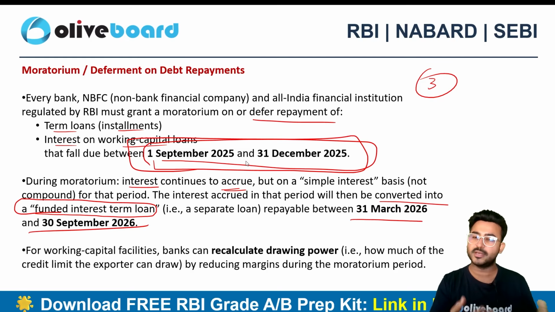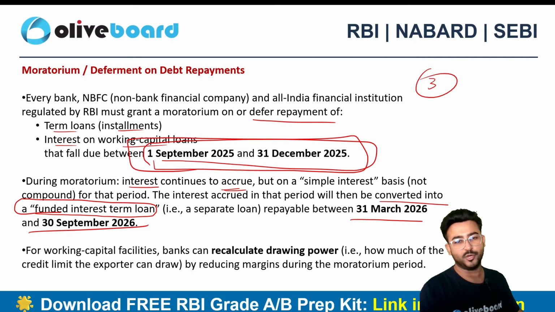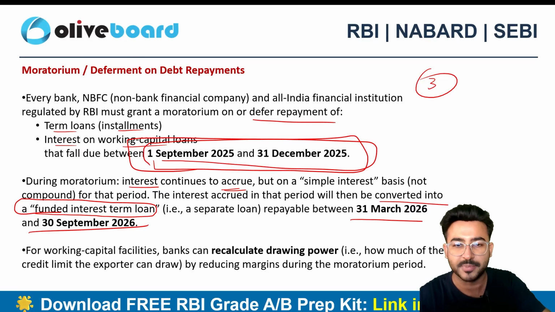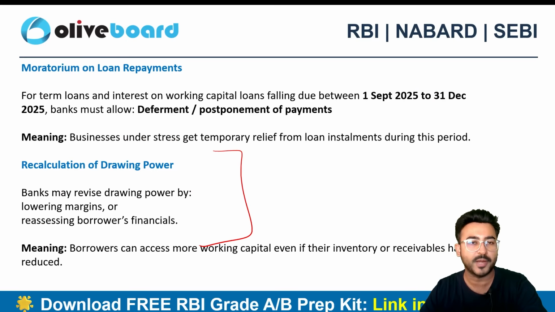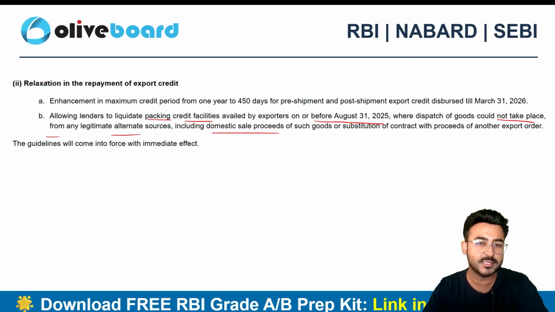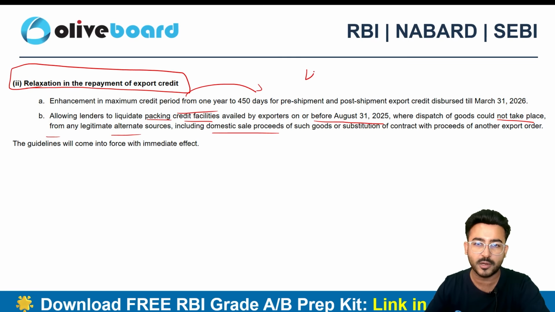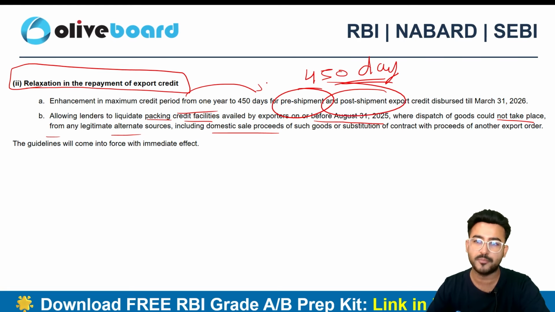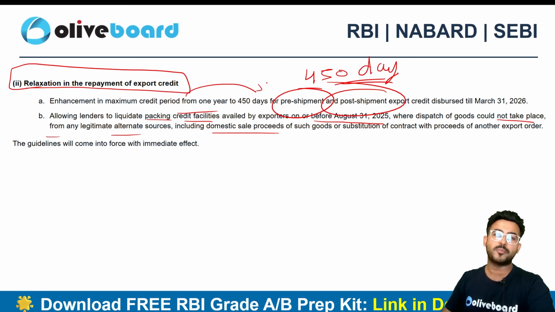सो आपको इस पीरियड के बीच में मॉरेटोरियम मिल जाएगा, मतलब आपका जो इंटरेस्ट होगा वो सिंपल इंटरेस्ट ही लगेगा, और वो आप बाद में चुका सकते हो एज अ सेपरेट लोन, एज अ सेपरेट लोन की तरह आप उसको चुका सकते हो, राइट। दिस इज अगेन अ बेनिफिट। एंड द नेक्स्ट बेनिफिट इज रिलैक्सेशन इन द रीपेमेंट ऑफ एक्सपोर्ट क्रेडिट। तो पहले जो आपको 1 year तक मिलता था, वो अब आपको 450 डेज तक मिल जाएगा, बोथ फॉर प्री शिपमेंट एंड फॉर द पोस्ट शिपमेंट क्रेडिट, राइट।